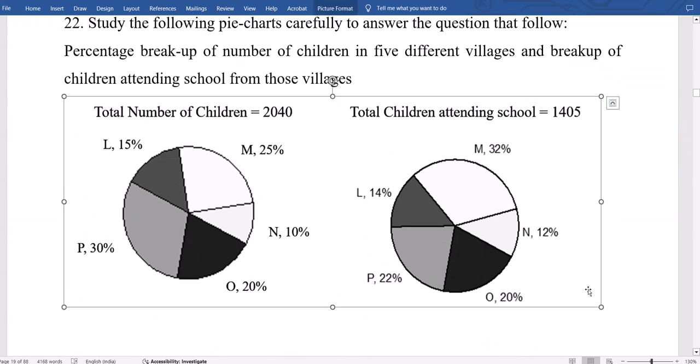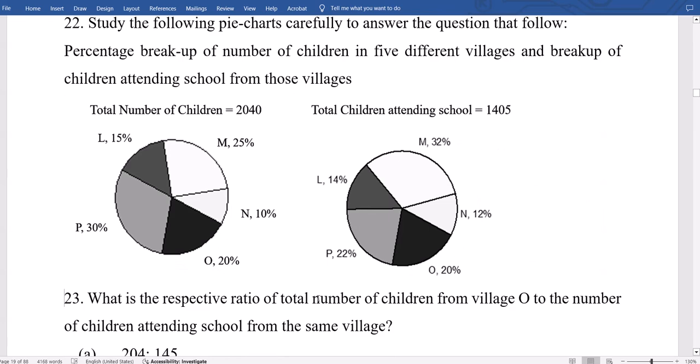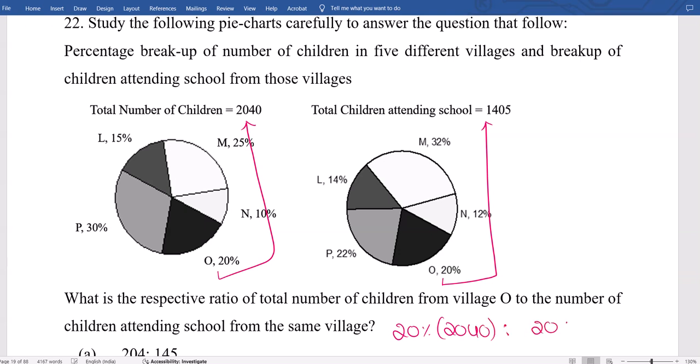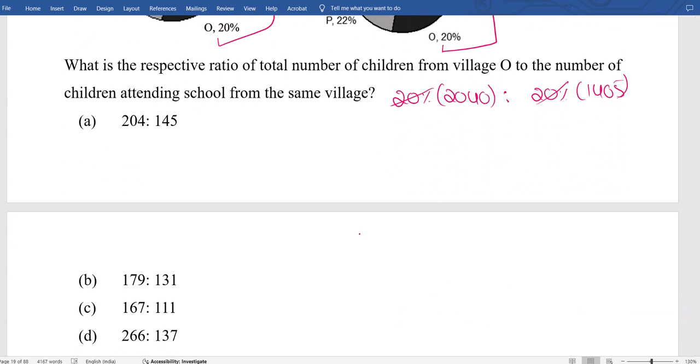This is fine. Total number of children in those villages and how many are attending school in those villages are related. Now the question is regarding village O, total number of children in village O with respect to how many are attending in village O. So 20% both cancel. Village O, 20% of 2040 is total. Attending is 20% of 1405. As 20% is common, we can cancel. We can just go with this common. We have to divide with